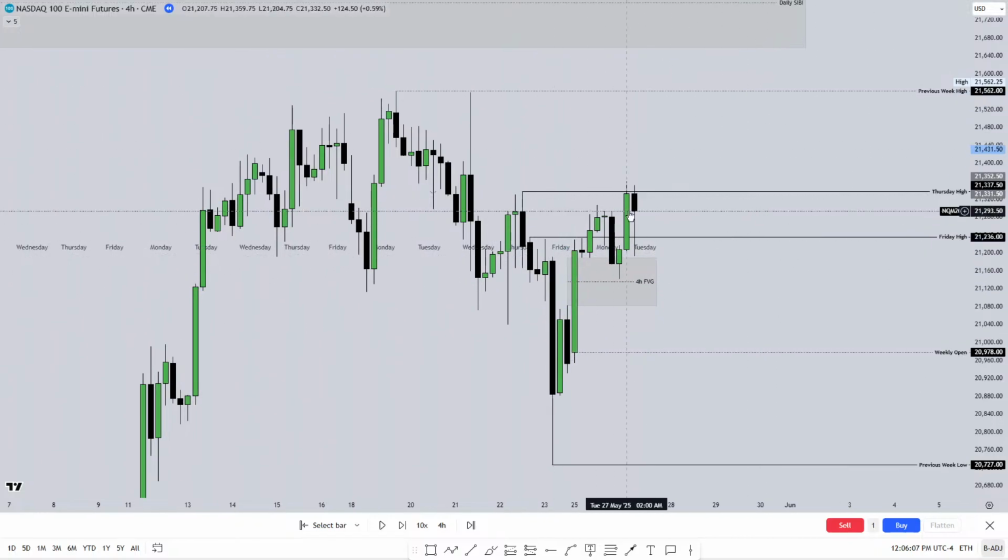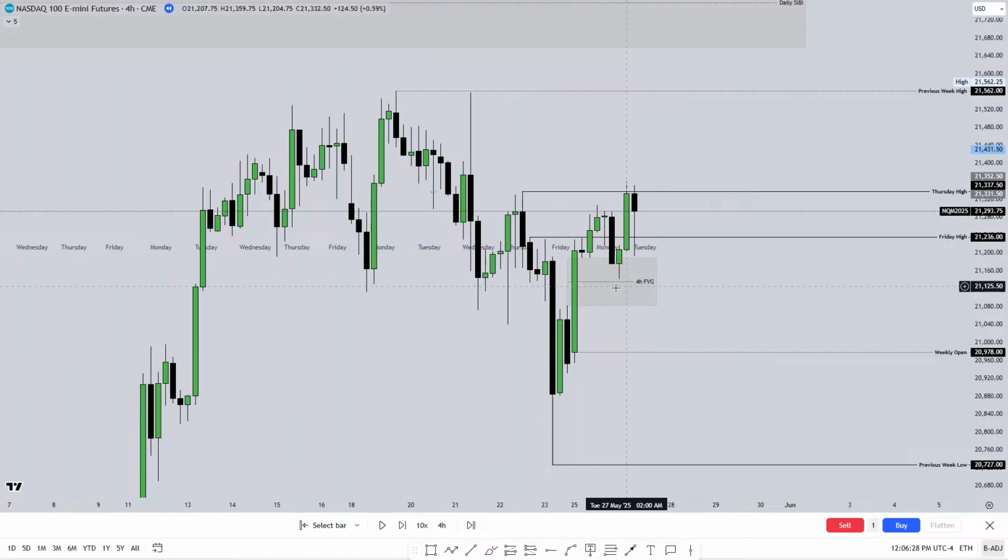And then we went higher to hit these levels right here. So Friday and Thursday daily high have already been hit. But if we look at this previous week high right here, they're equal highs. Okay, so that's really, really important because it's just going to be the most obvious draw on liquidity for you moving forward. We know that the damage has already been done to the downside, and we're respecting